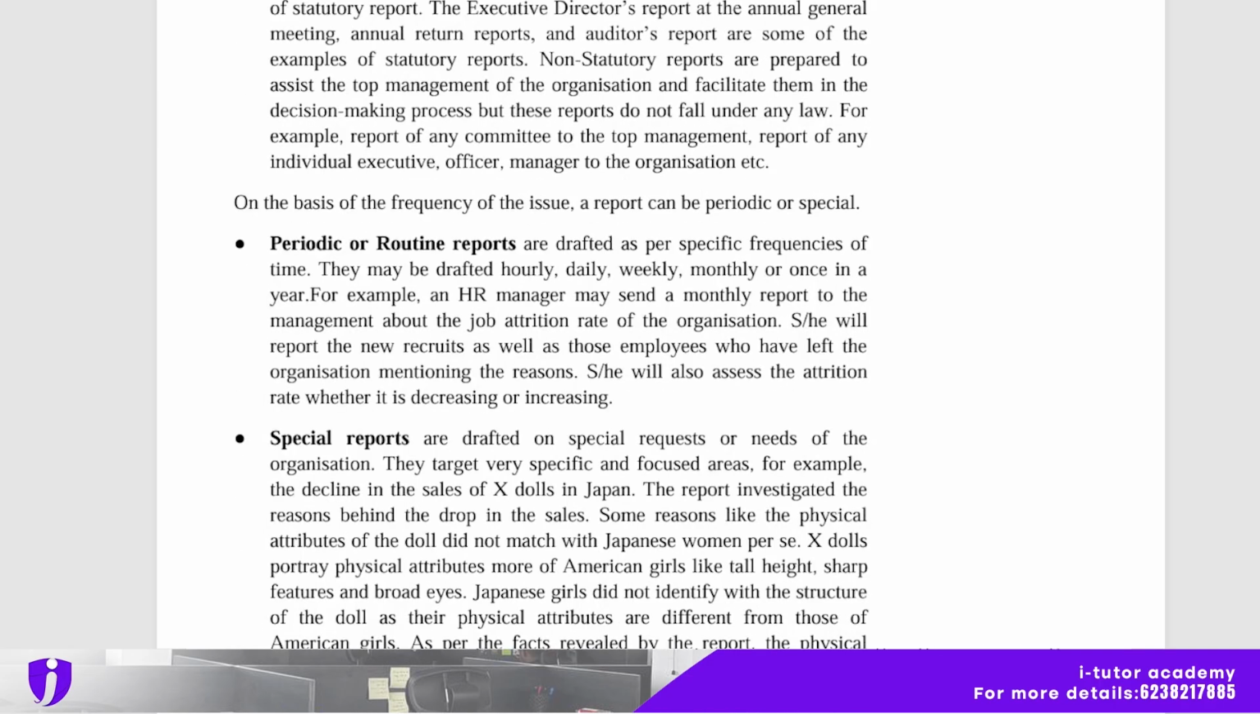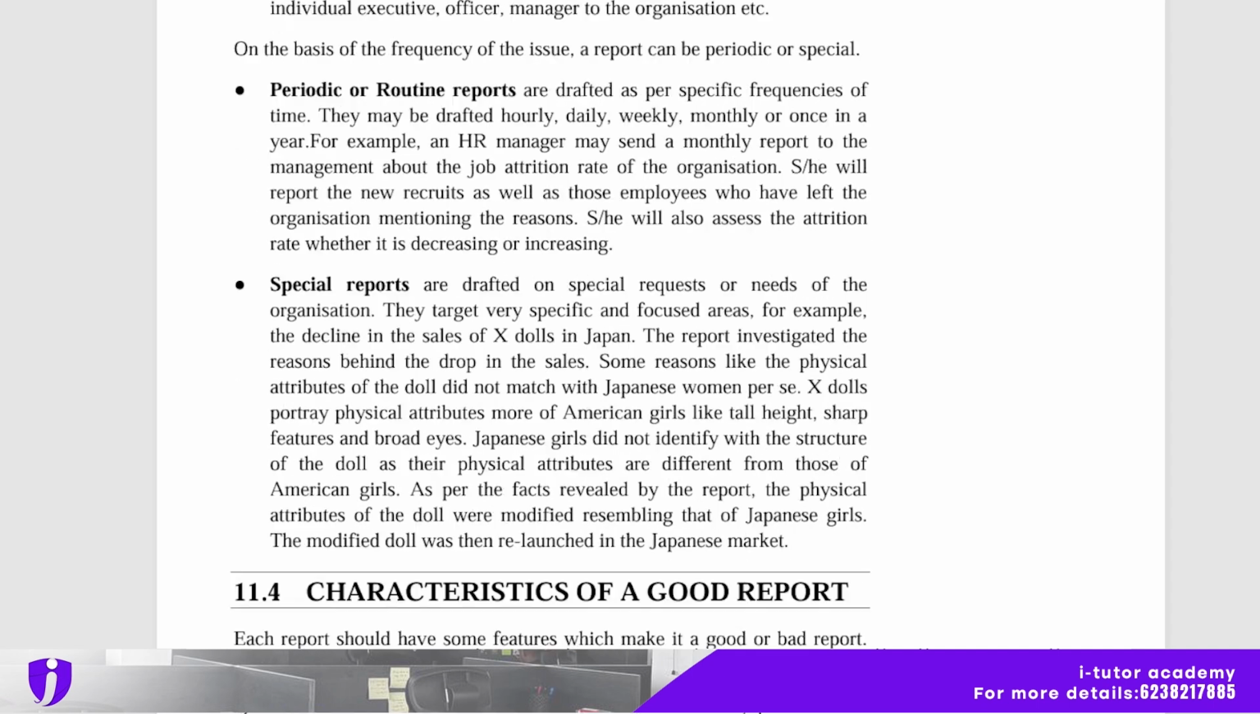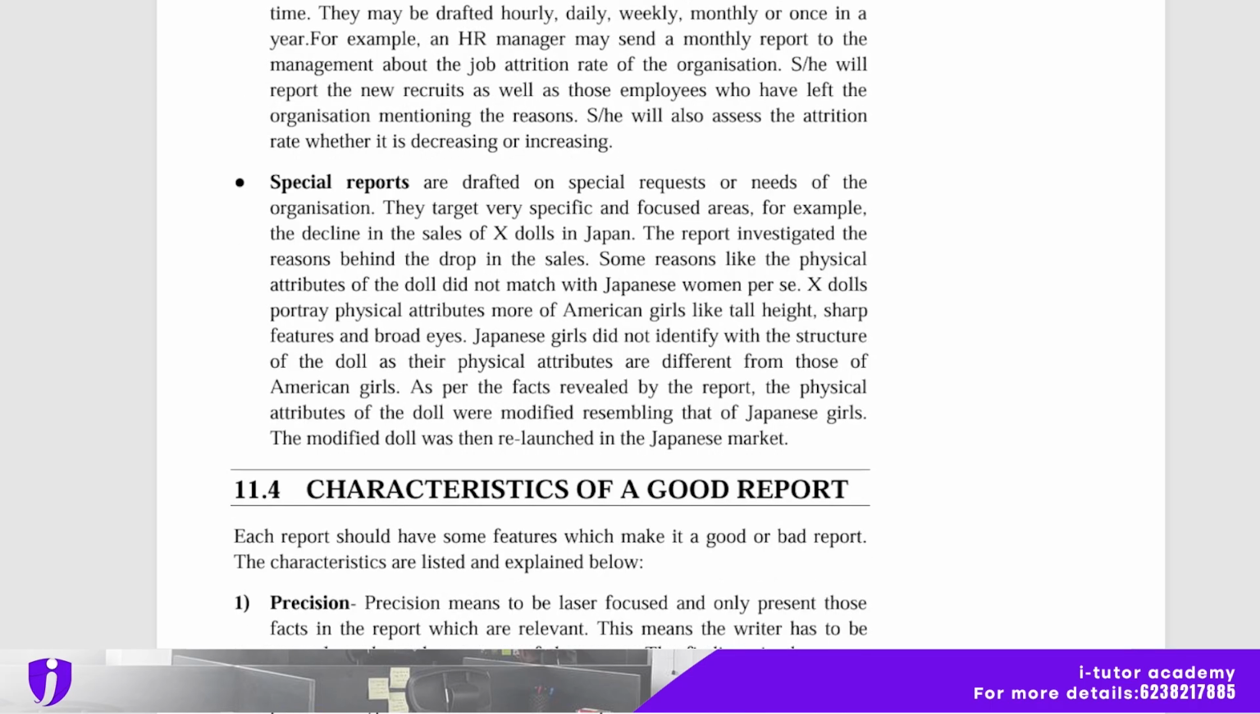On the basis of the frequency of the issue, a report can be periodic or special. Periodic or routine reports are drafted as per specific frequencies of time. They may be drafted hourly, daily, weekly, monthly, or once in a year. And special reports are drafted on special request or need of the organization, and they target very specific and focused